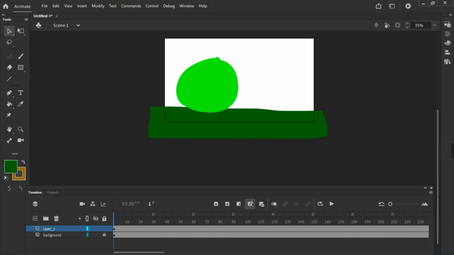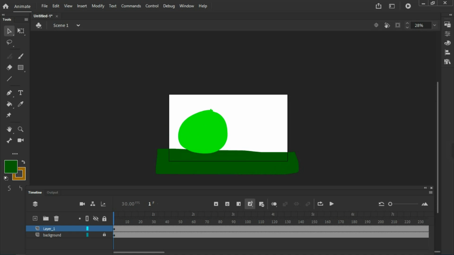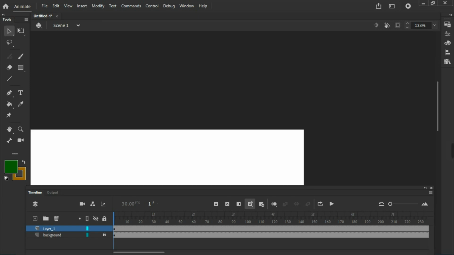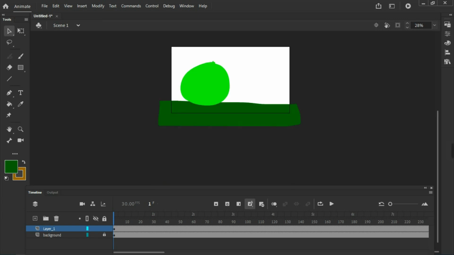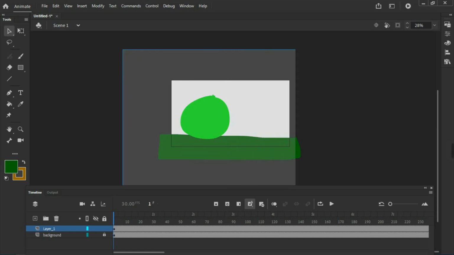Okay, so before doing anything, I just want to say that animation is the best activity you can do when you want to be creative. If you don't know how to sketch, if you don't know the way to create an animation, if you don't know anything about drawing, don't worry. Animation is nothing like rocket science. It's just imagination. Imagine what you think and you can draw it. Lots of animation, such as Disney's 2D animation, is created by imagination. So just imagine and do it. That's the way to complete the animation.